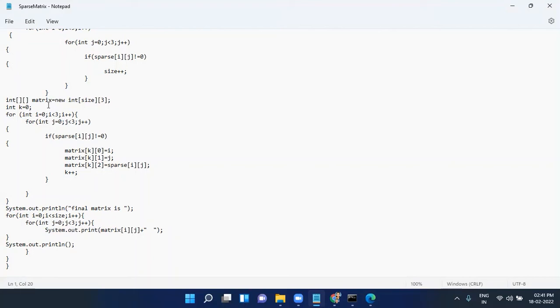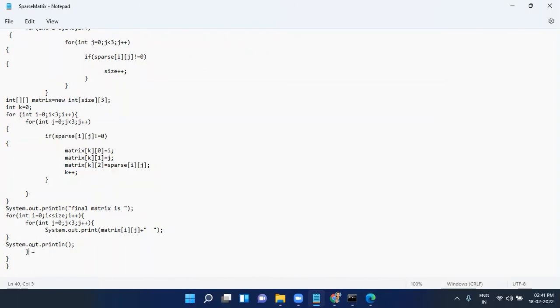Here my matrix name is matrix itself. So matrix[i][j] plus, the add operator, and within double quotes put a space in between. Then to print the row line by line, use the syntax System.out.println. Okay,